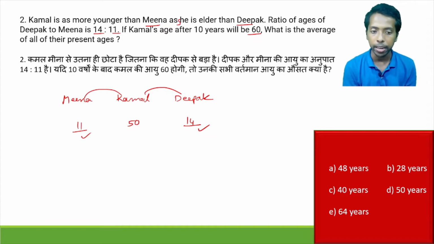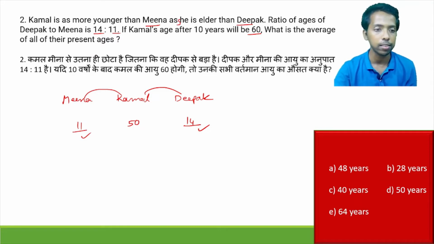Keeping that in mind, the ratio should be fixed here, that is 11:14. 14 would obviously be satisfied here, right? Because this is a question statement, you have to make it satisfy. So what it would be, this is 50, something more than,